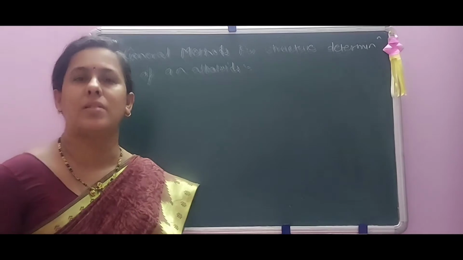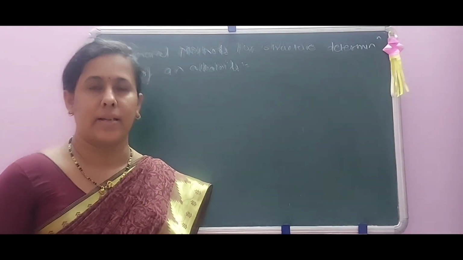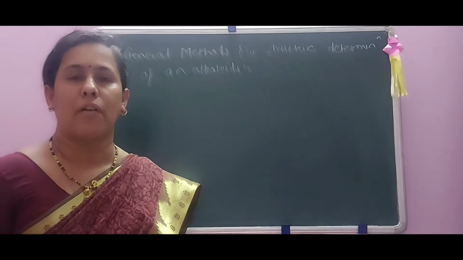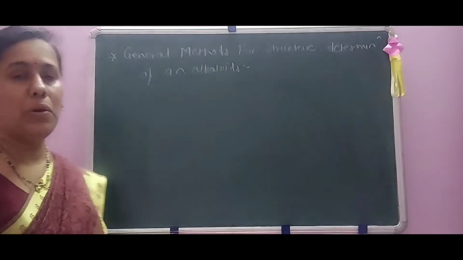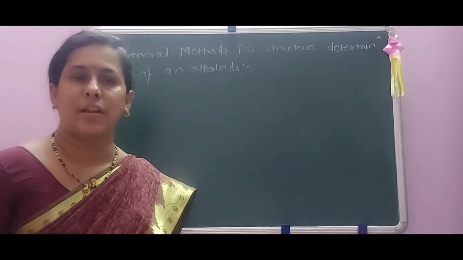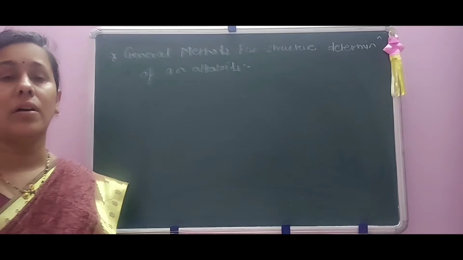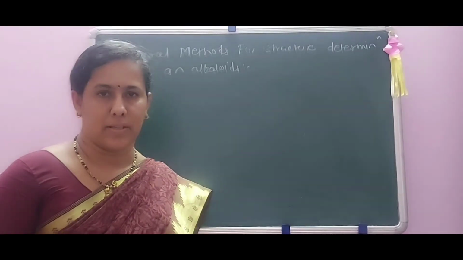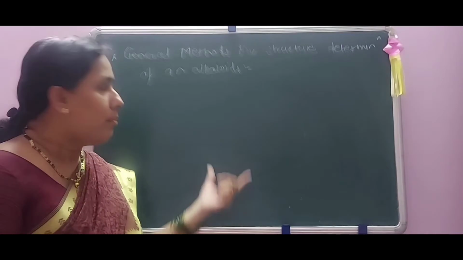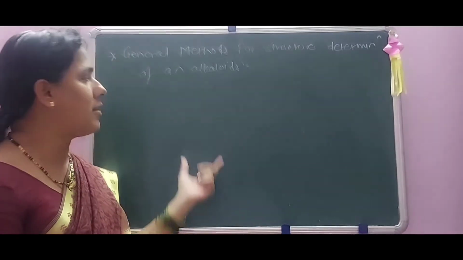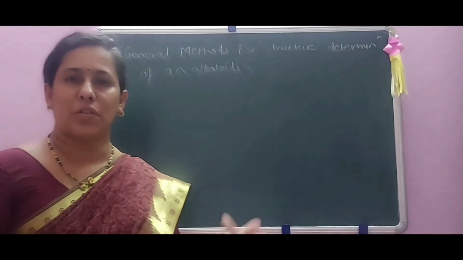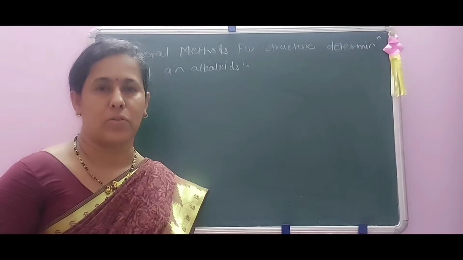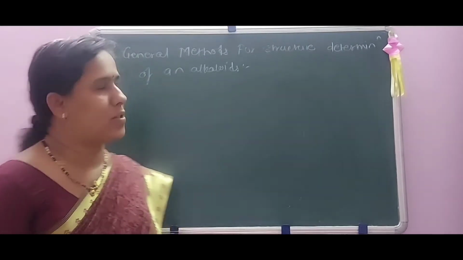Alkaloids contain carbon and nitrogen. Also, we have seen its isolation, its chemical properties, and its classification according to the number of rings present in the structure of alkaloids. Now in today's lecture, we are going to see the different methods. These methods are very similar to the structure determination of terpenes. Once we start, you can realize that all the methods for the structure determination of alkaloids are equal to those for terpenoids, with only some points being different. So let us start here.